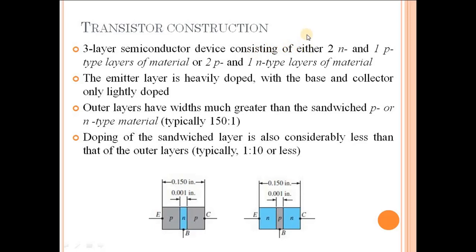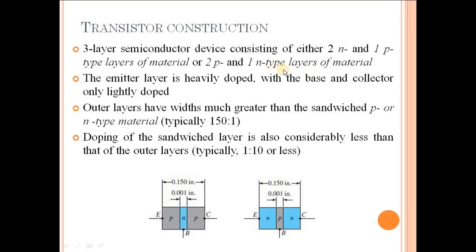If it is an NPN BJT, it has two N layers and one P layer. If it is a PNP BJT, then it has two p-type layers and one n-type semiconductor layer. So irrespective of whether it is an NPN or PNP BJT, it has three semiconductor layers. Out of these three layers of semiconductor materials, from each semiconductor layer a terminal is taken out,